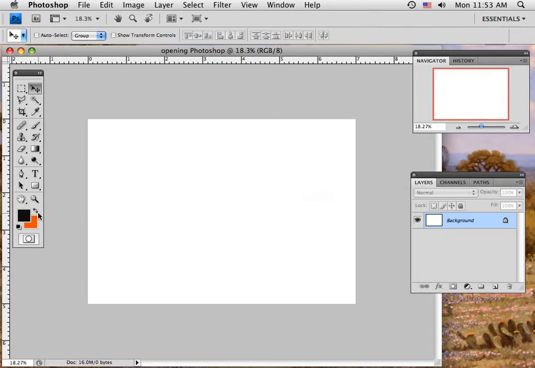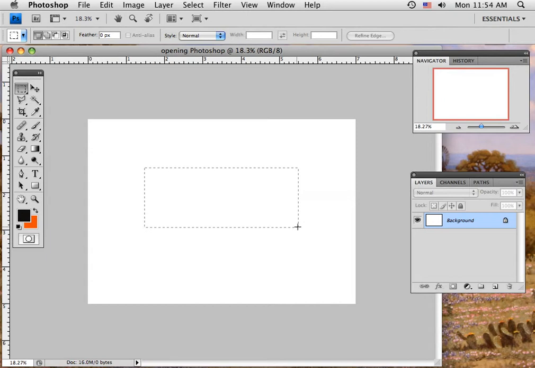Now I'm going to take my Marquee Tool here, and I'm going to make a shape. Now in this case, the shape has the marquee lines on it, or what we refer to as marching ants, and